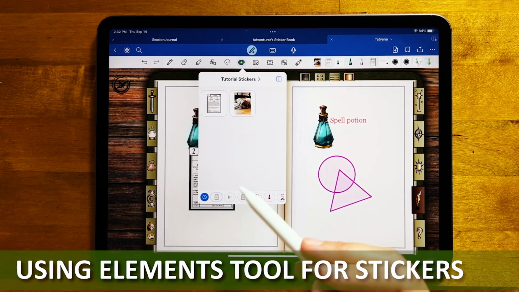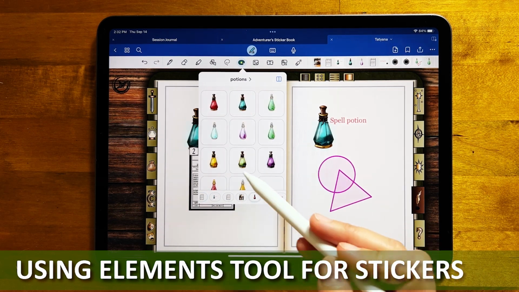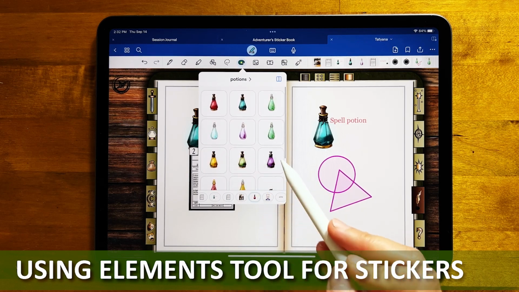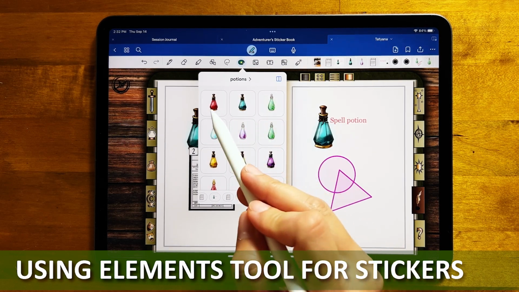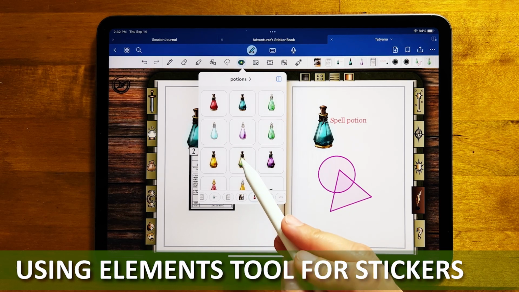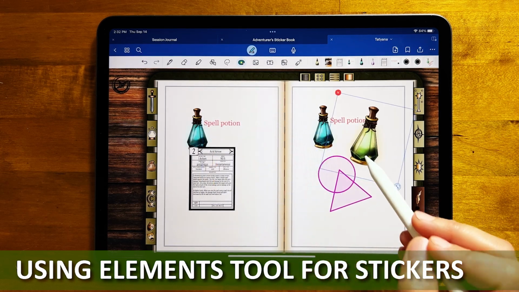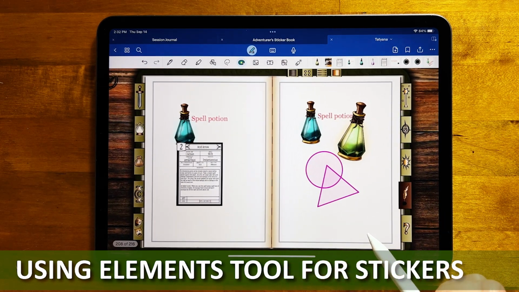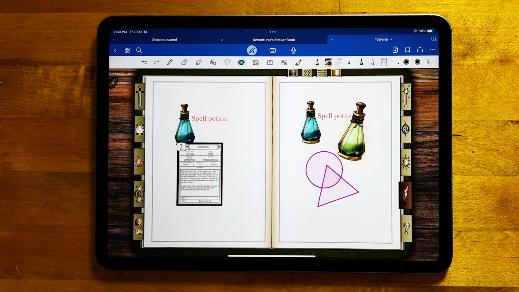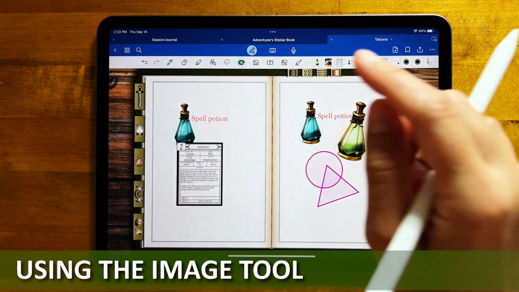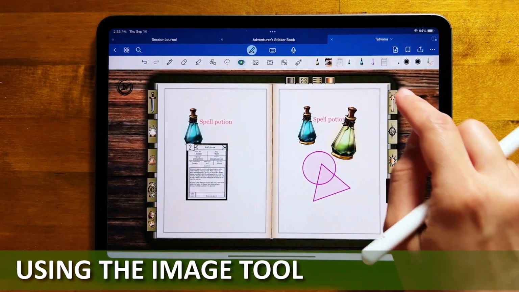But this is great for things like the potion bottles, where you can very clearly see what is happening here, right? You can clearly see which sticker you're choosing, and then you can bring it on in and plop it down. So used selectively, the Elements tool can be very useful for importing stickers that you know you'll use over and over again. The last tool that we're gonna do here is the Image tool,